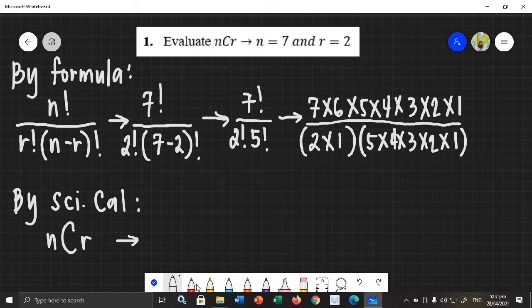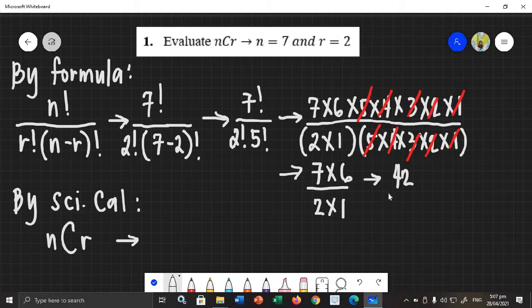And then here we need to cancel out the same numbers in the numerator and denominator. So we can cancel out this. Okay? And then the remaining numbers, you need to multiply them. So we have 7 times 6 and 2 times 1. 7 times 6 is 42 over 2 times 1 is 2. 42 over 2, we have 21